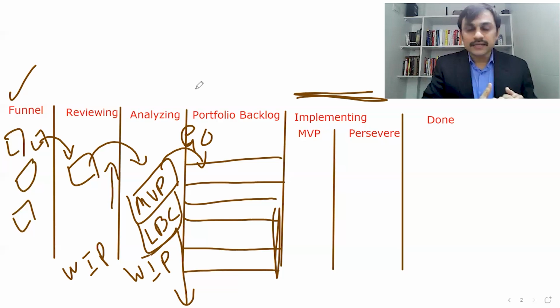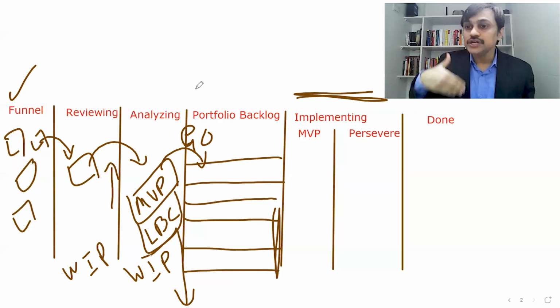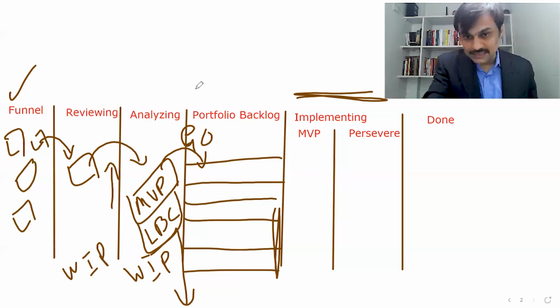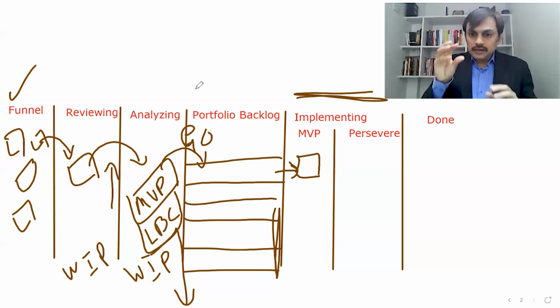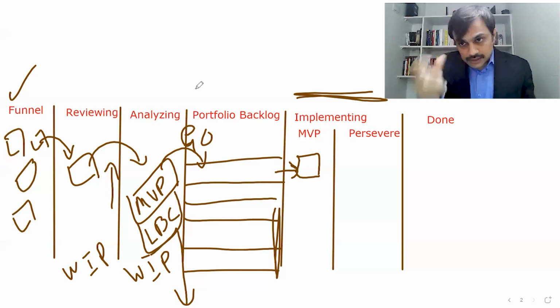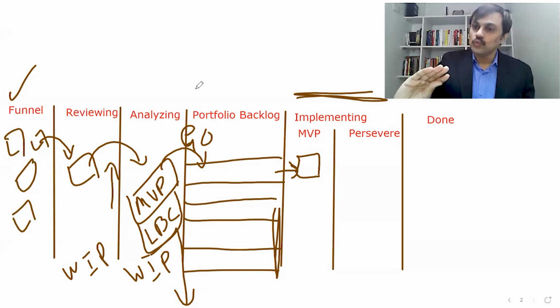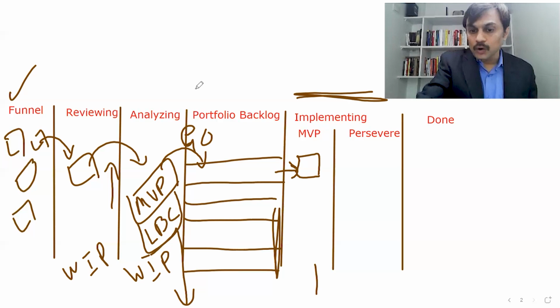There is a possibility that initially some percentage of agile release train capacity gets allocated to a new epic for an exploration and MVP part of it. Once the MVP part starts moving well, only then the rest of the capacity gets allocated. And that is what we are showing in the next stages. So first, the epic will move to the implementation stage in the MVP area, where the portion which is good enough to validate hypotheses gets developed. And then a critical review is expected to happen based on what we have learned, what assumptions we found true. And if it is not looking promising, there is a possibility the epic may go out here only.